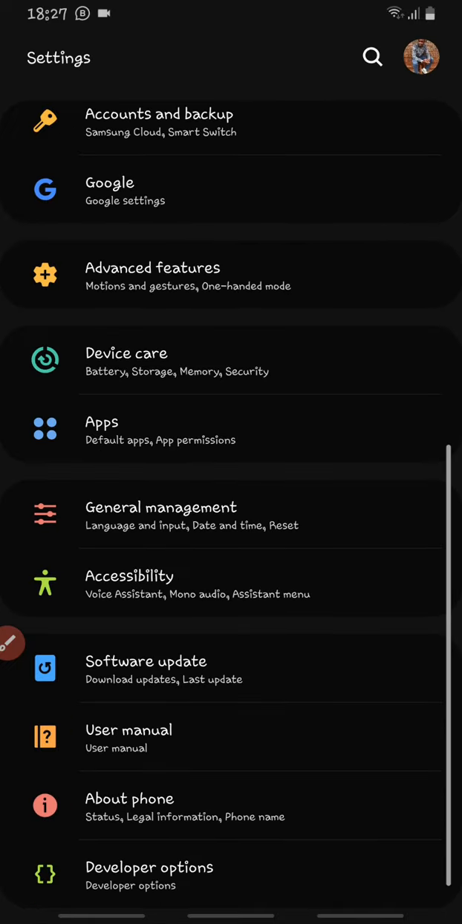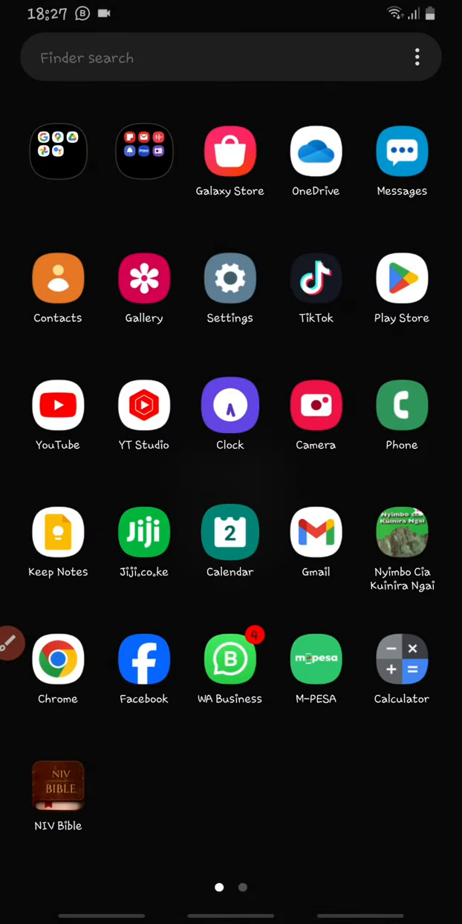Thank you guys. That's how you move your apps from your internal storage to external, to create space to internal